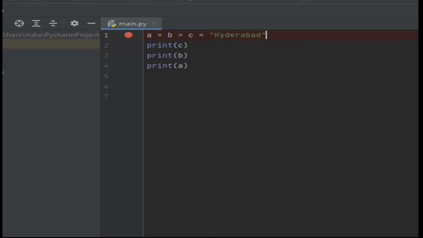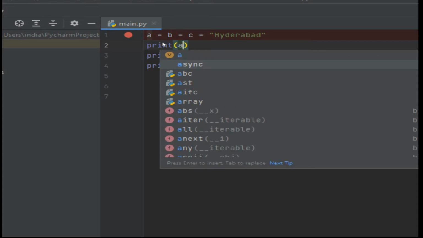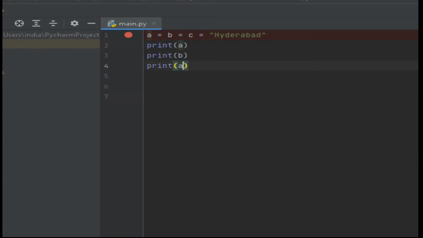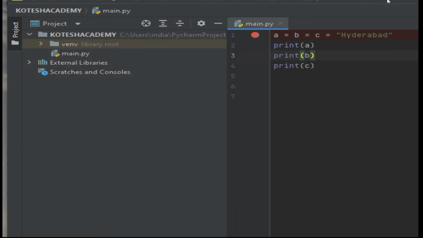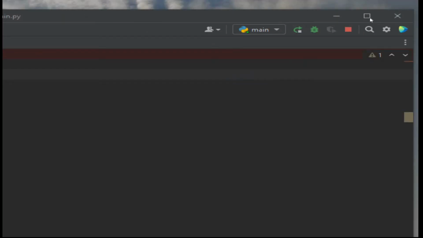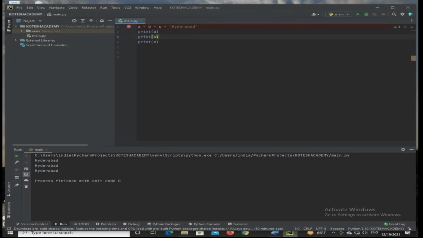After writing the instructions, print a, b and c. After running, you will get Hyderabad, Hyderabad, Hyderabad. That is called one value to multiple variables.